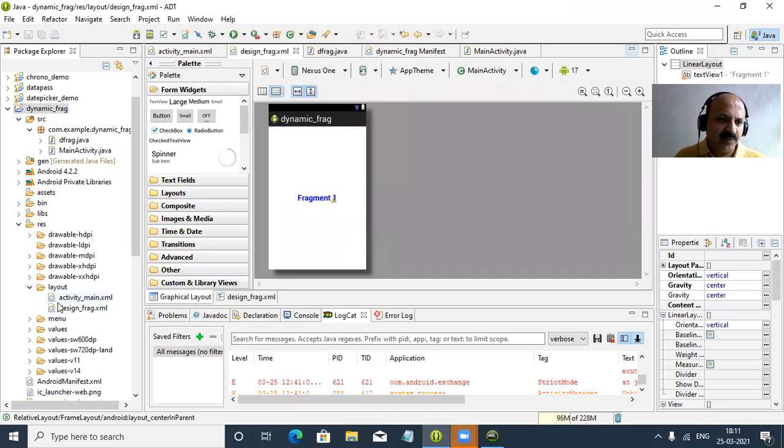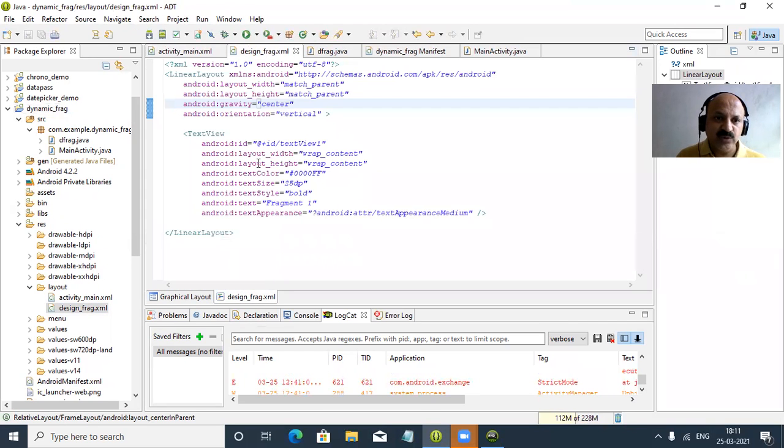So first step, you right click in the res layout folder and take the design of our layout, that is our fragment design. So you can look now, we take only one text view. So you can look here, one text view is there, and we can set the fragment one text, text size, color, all are there. And that is a linear layout, that is the design of the fragment layout. First step.